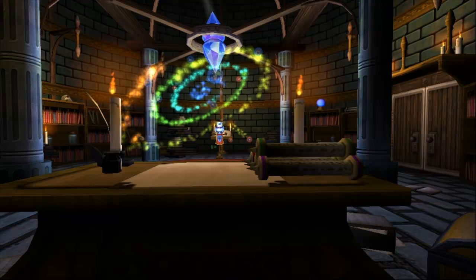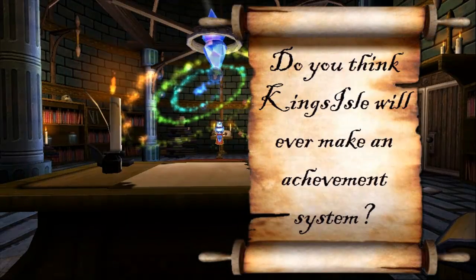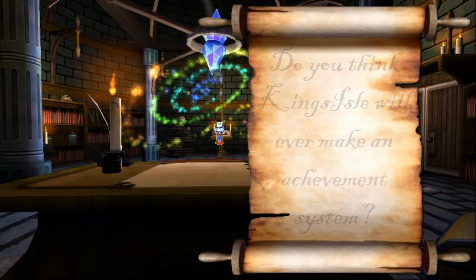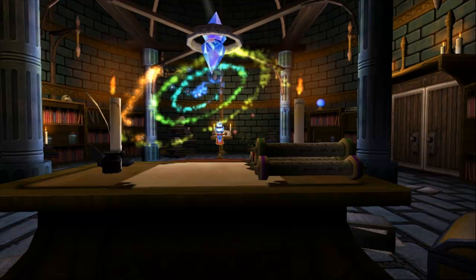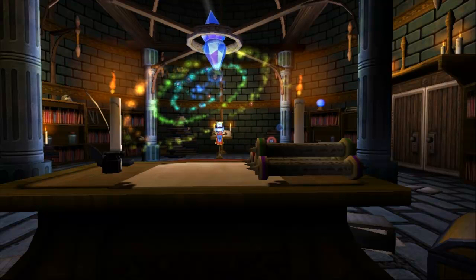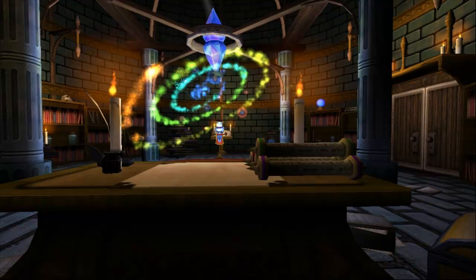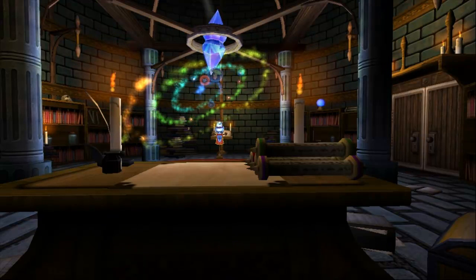Our second question comes from That Pyromancer, who wants to know, do you think KingsIsle will come out with an achievement or trophy system? They already have, though it's not very obvious. Player housing is something that makes Wizard 101 very unique because not a lot of MMOs have it, and we're able to take that awesome rare item you found on a boss and put it in your home for people to see. If that's not quite what you're looking for, there's the title system in your character stats